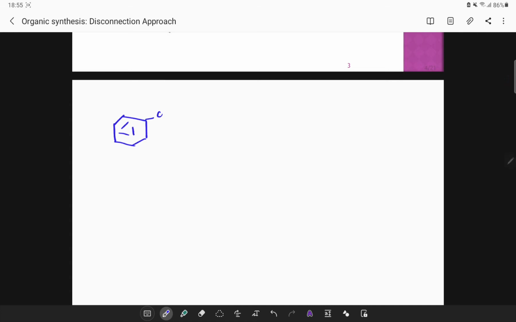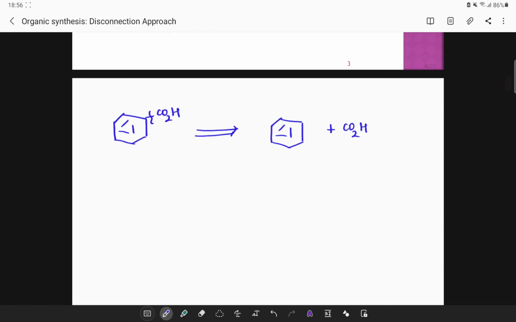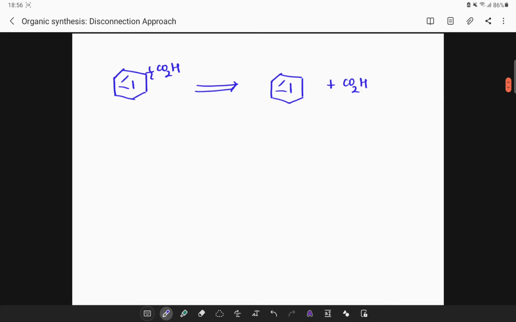Now we can understand this by considering that I want to get benzoic acid. For example, I want my target molecule to be benzoic acid. Now to get this benzoic acid, I have to break down this molecule. I will be cleaving at this point, that is the C single bond C. I will be getting a benzene system plus a carboxylic system. But can I just directly introduce this carboxylic system onto benzene? Not possible.